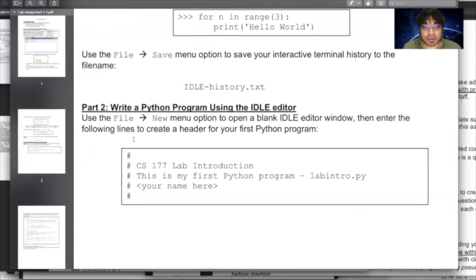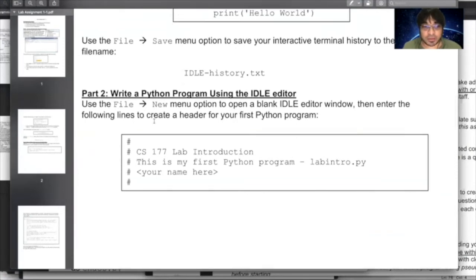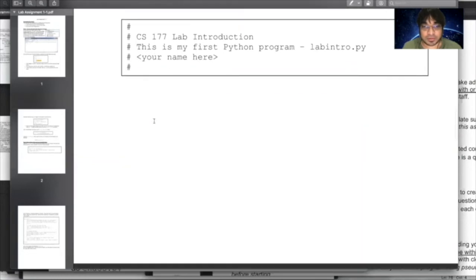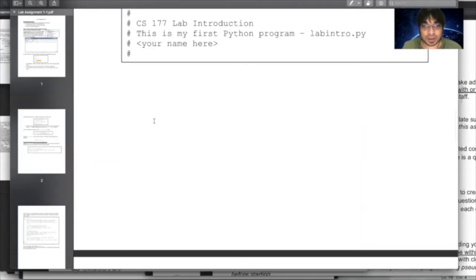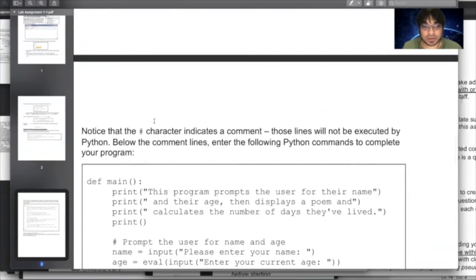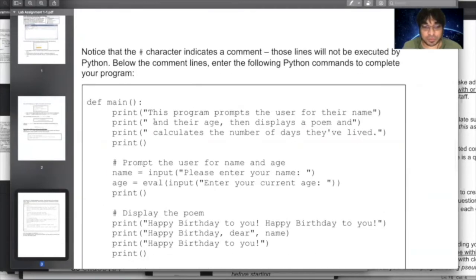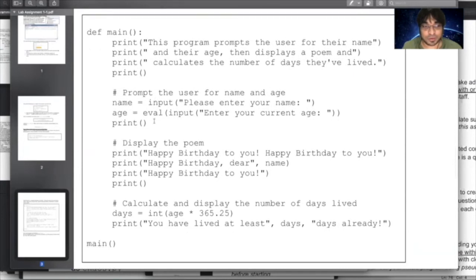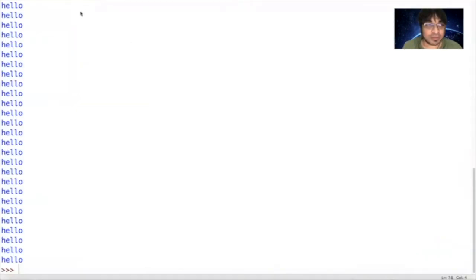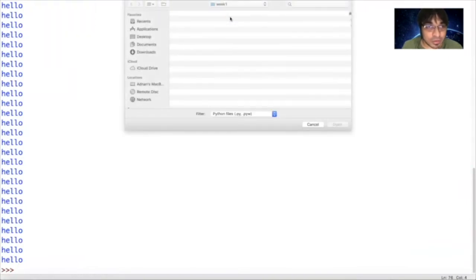But now let's actually write a Python program, which is lab1.py, and it's actually given to you. And I don't want to take too much of your time typing this in front of you. So I actually have this typed up. I'm just going to go and open this.